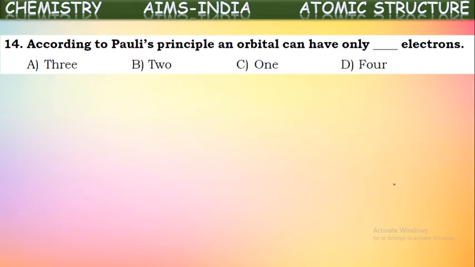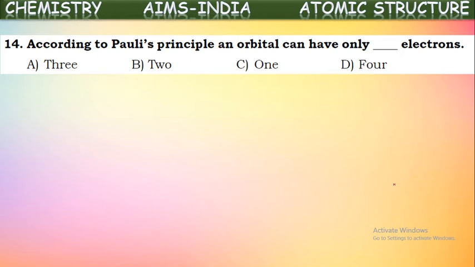According to Pauli's principle, an orbital can have only dash electrons. Yes, how many electrons can be accommodated in an orbital according to Pauli's principle? What is actually Pauli's principle? Pauli's principle states that no two electrons in an atom can have the same set of quantum numbers. So to have at least one quantum number different,